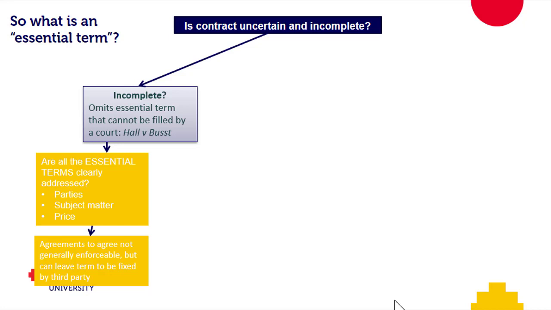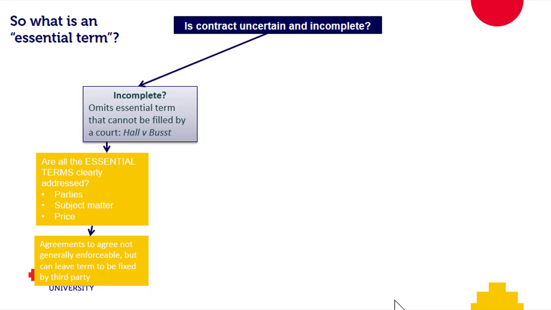We also need to look out for agreements to agree. An agreement to agree at some future time is not of itself enforceable. At the very best, depending on how it's worded, it's an agreement to get people in a room. But an agreement is a very binary thing as far as the law is concerned. For an agreement to be enforceable, what does it need? Oh, surely you know something now. Thank you. We need consideration, we need certainty, we need intention, we need to have agreement, as in offer and acceptance and a meeting of the minds.